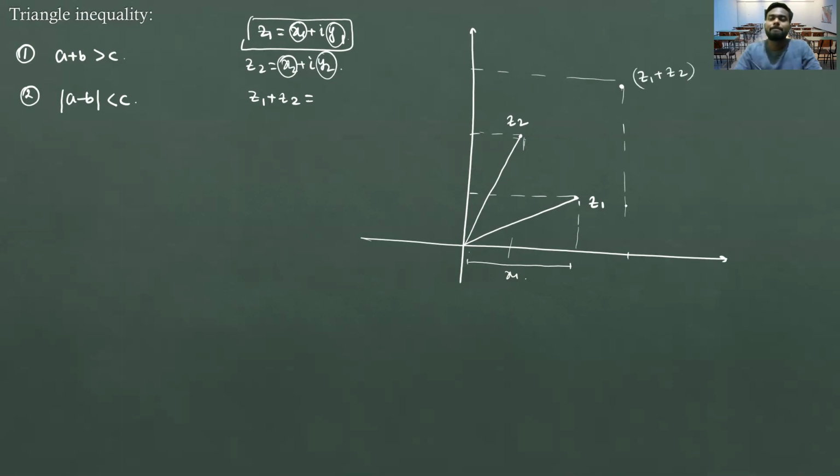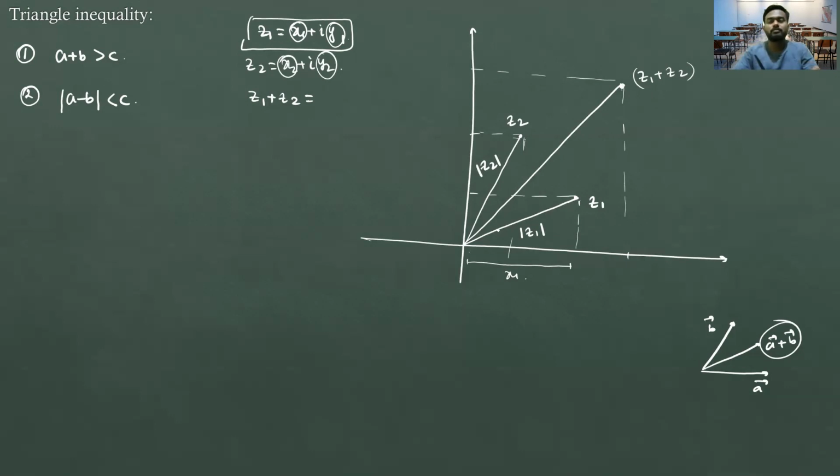Now, when I complete this, you will understand that we can see this using the vector method also. In a parallelogram, if this is vector A and this is vector B, the resultant is vector A plus vector B, right? So the same thing is here, it satisfies the vector law also. If I join these points, the point will be somewhere here. Now the length of this side is modulus of Z1, and modulus of Z2 will be the length of this side.